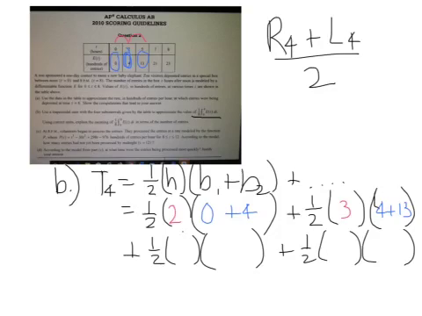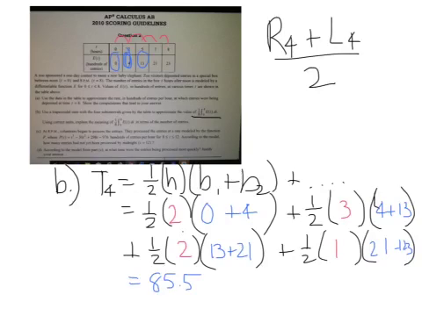My third trapezoid would have a width of 2, and my bases would be 13 and 21. And my fourth trapezoid would have a width of 1, and my bases would be 21 and 23. So if you compute all of that, so all of this adds up to